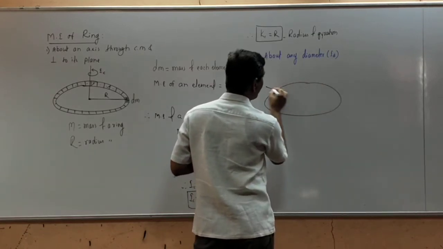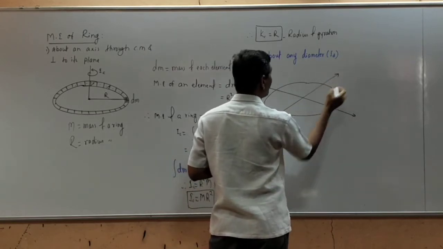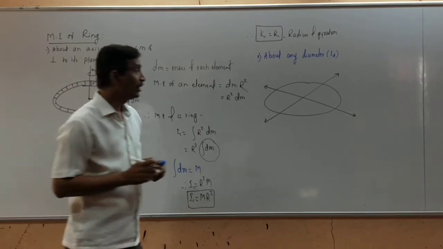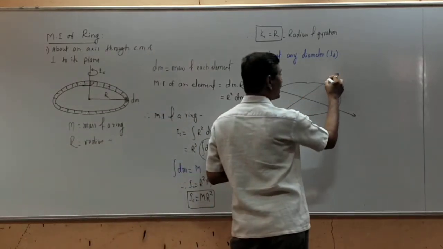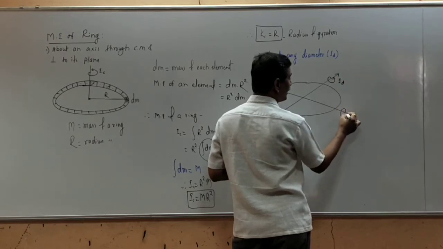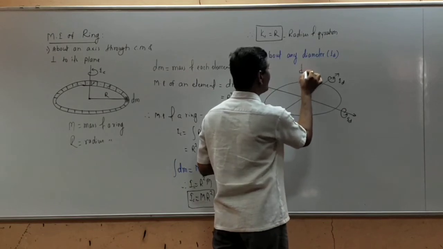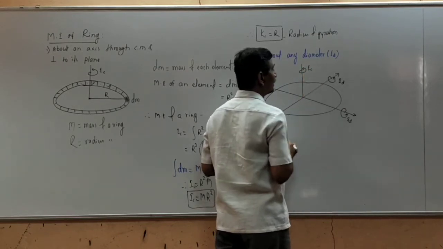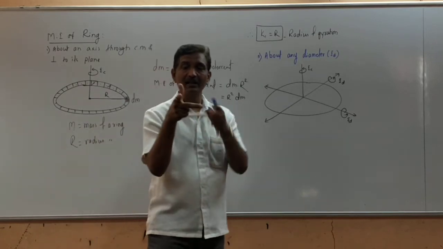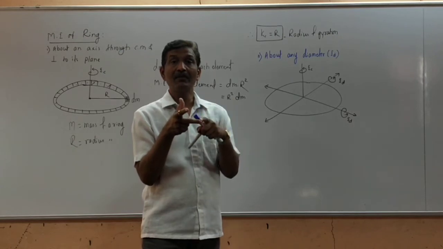So these are the two diameters which are mutually perpendicular to each other. Hence, as the ring is a symmetric figure, what happens here? We get the moment of inertia about all the diameters same. So that moment of inertia is Id. And this one is the axis perpendicular, and so therefore the moment of inertia is Ic. So what is our theorem for perpendicular axis? Iz is equal to Ix plus Iy.